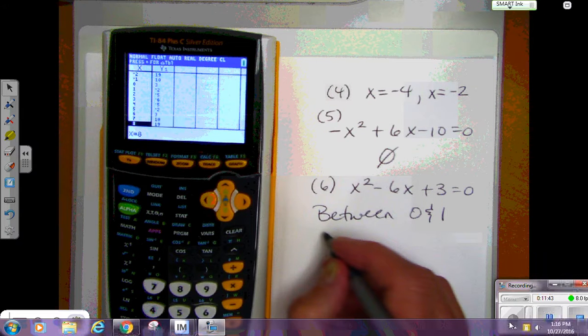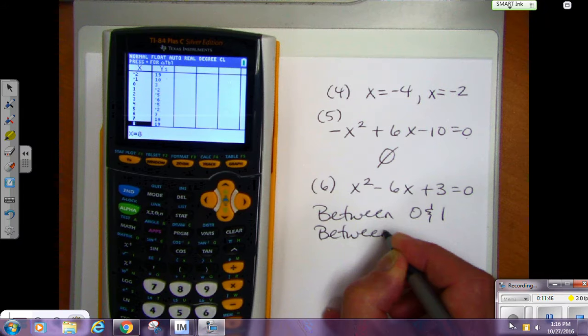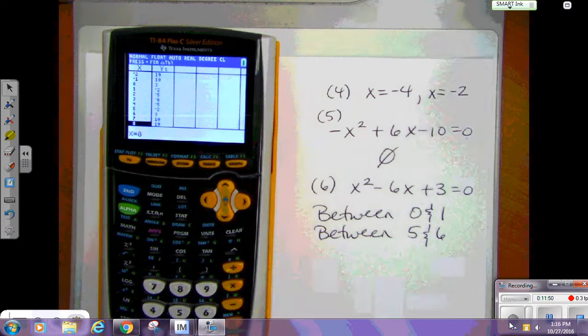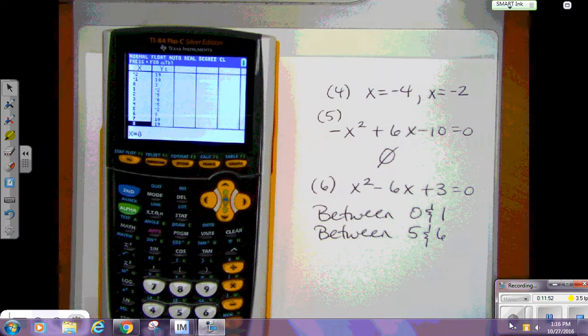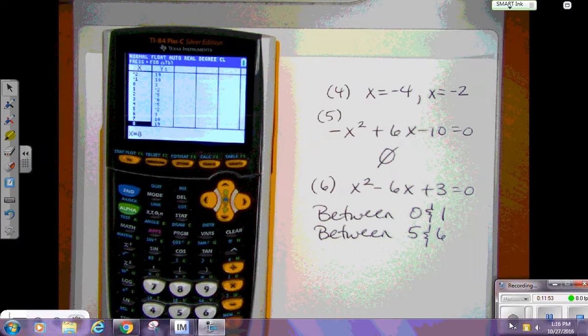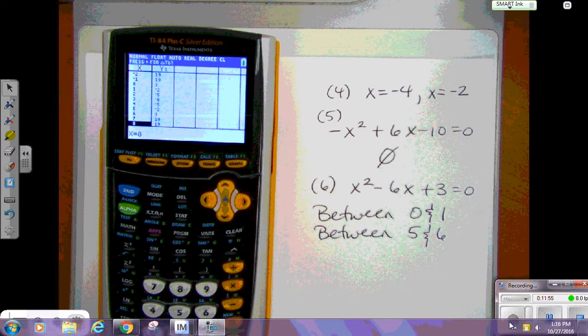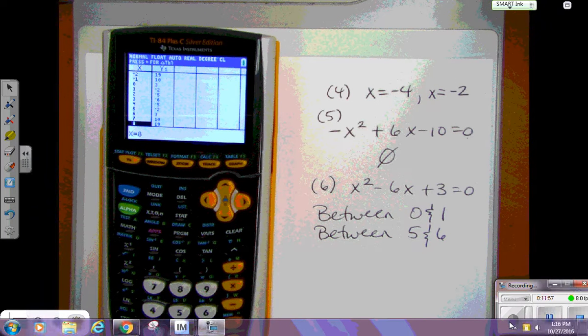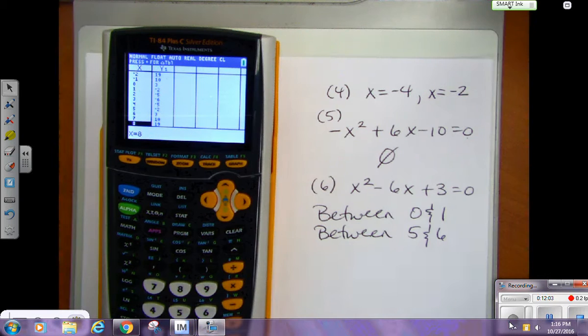Okay, any questions? All right, so I do have one more example for you. This one's not on your paper, so you might want to add it on